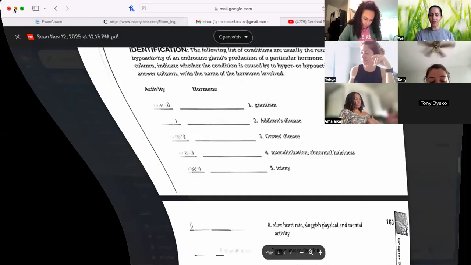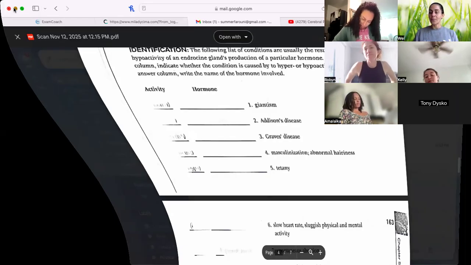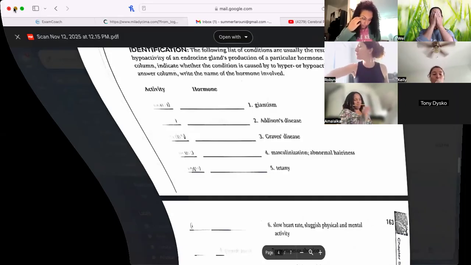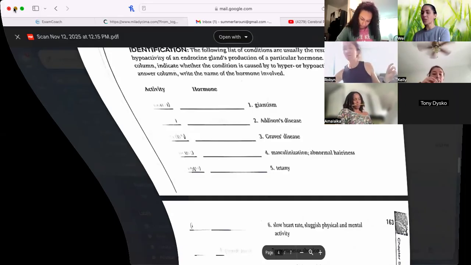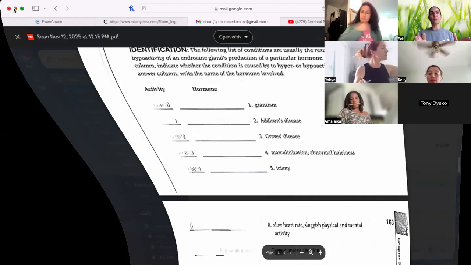I'm going to go over the pathologies in the book right now, and you can do flashcards of those or highlight the same thing in your book, and we'll go from there. Okay, sounds good? Yeah. Okay, so pathologies of the endocrine system has to do with the gland, whether it is